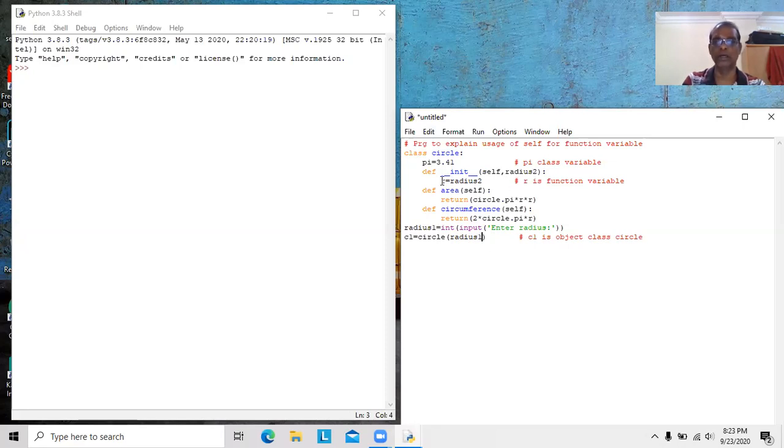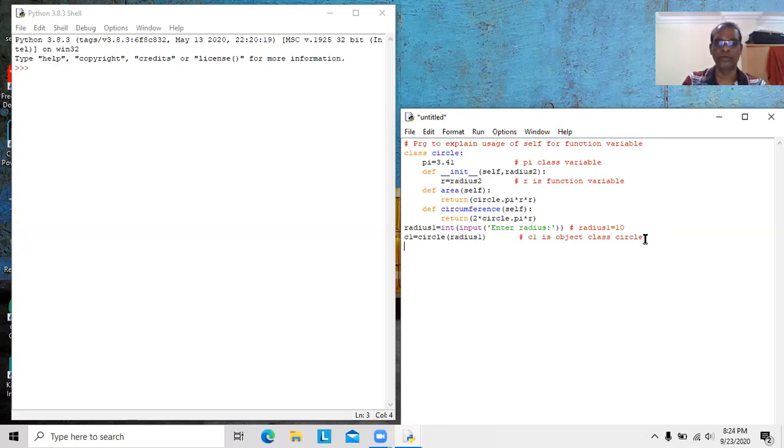Then R is a function variable, and R will be assigned the value stored in radius 1. Assuming we give 10 as radius 1, radius 2 contains 10, R also contains 10. So C1 contains pi, that is 3.14, as well as R containing 10.